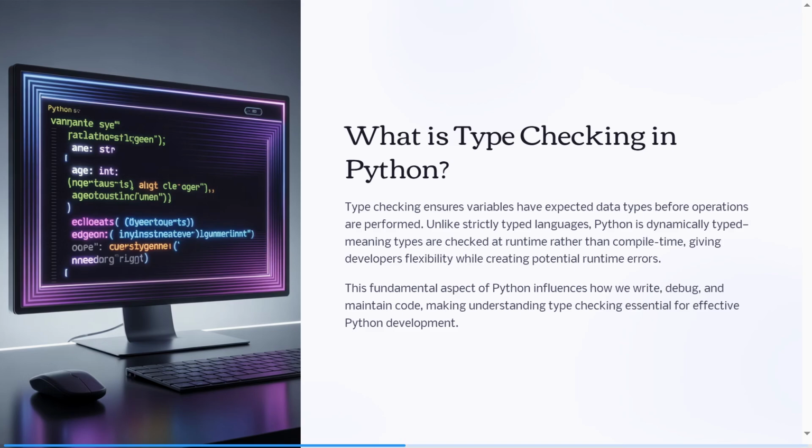We are going to do type checking in Python. We are going to understand what it is. Type checking ensures variables have expected data types before operations are performed. Unlike strictly typed languages, Python is dynamically typed, meaning types are checked at runtime rather than compile time, giving developers flexibility while creating potential runtime errors. This fundamental aspect of Python influences how we write, debug, and maintain code, making understanding type checking essential for effective